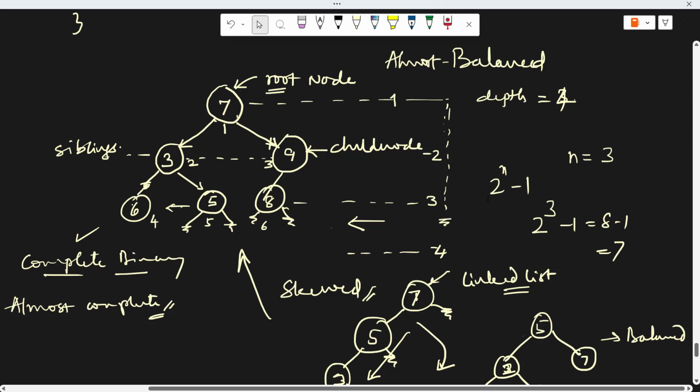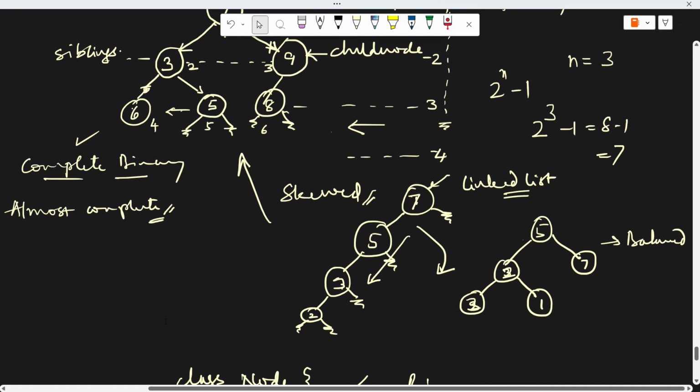And searching will be pretty fast because elements are so arranged that irrespective of how many elements we have, it will take at the most log n time. That is, if you have 32 elements, log 32 is 5, and you'll get the search done at most 5 comparisons. That's the advantage. So in our next session, we shall see the